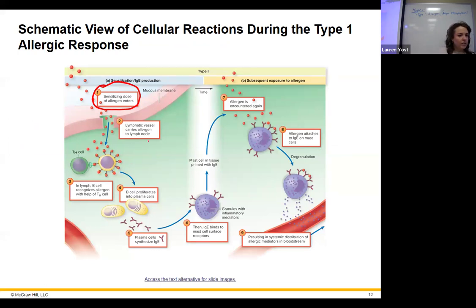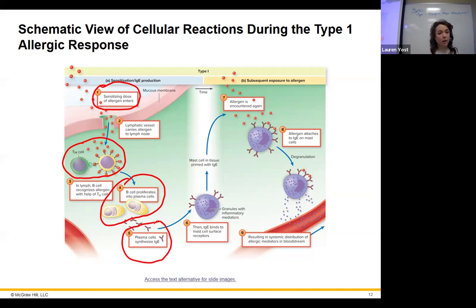So we sensitize to the thing, we see it, it's carried to a lymph node. T cell helps activate the B cell in response to the correct quote unquote allergen. Our B cell differentiates and becomes plasma cells making antibody. In this case, when we're talking about allergic reactions here, and these type 1, these are going to be IgE